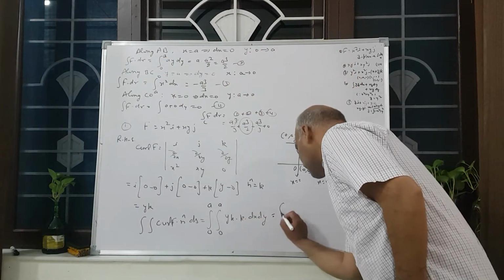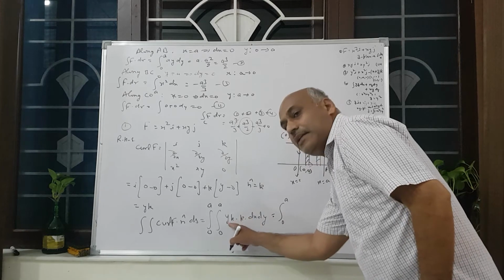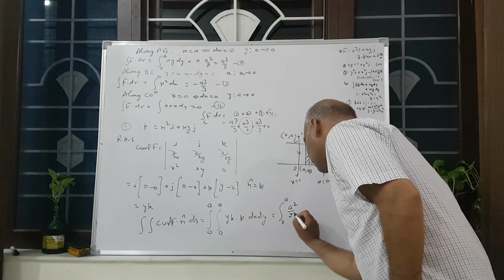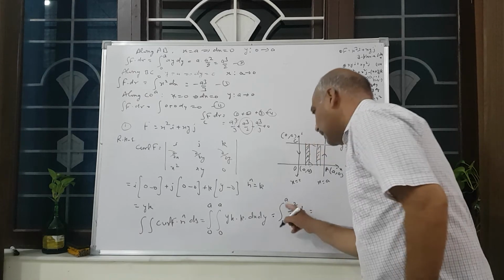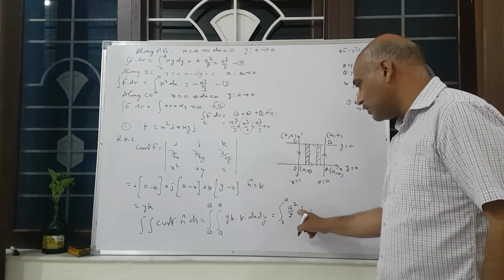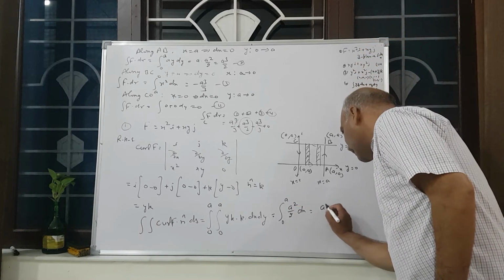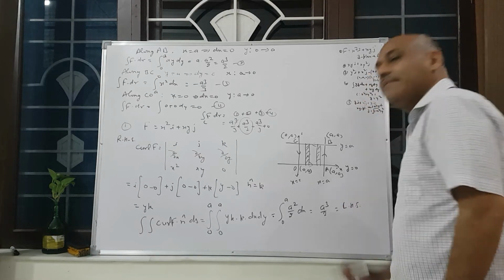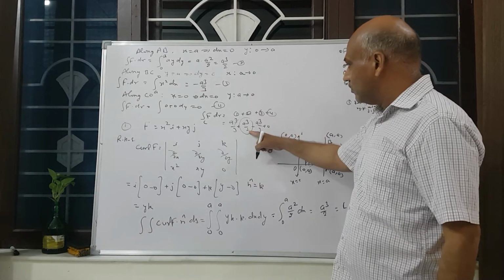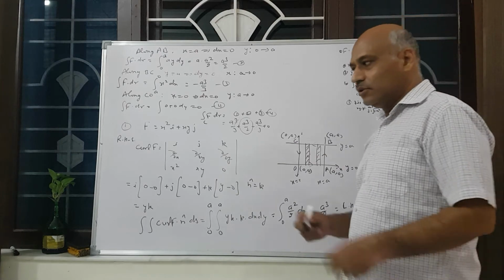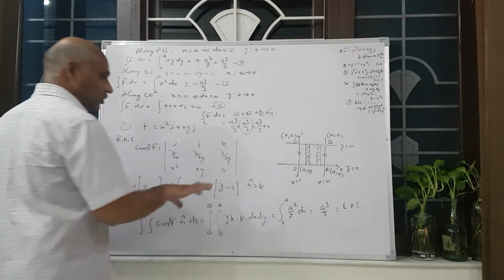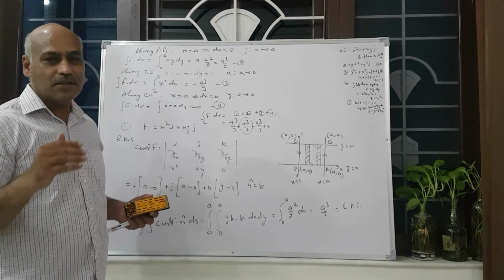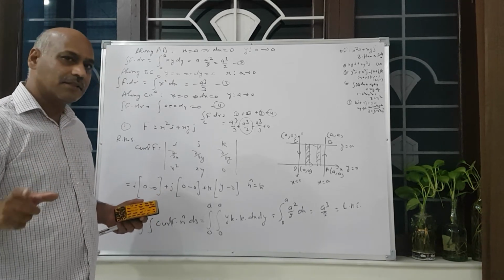So first 0 to a, integral of y with respect to y is y square by 2. So this is a square by 2 dx. Again integrate x, this is constant. You will get a cube by 2, equal to the left-hand side, a cube by 2. So this is verified. This is the verification of Stokes theorem. If we are asked to verify, it means we have to find the left-hand side and right-hand side both.